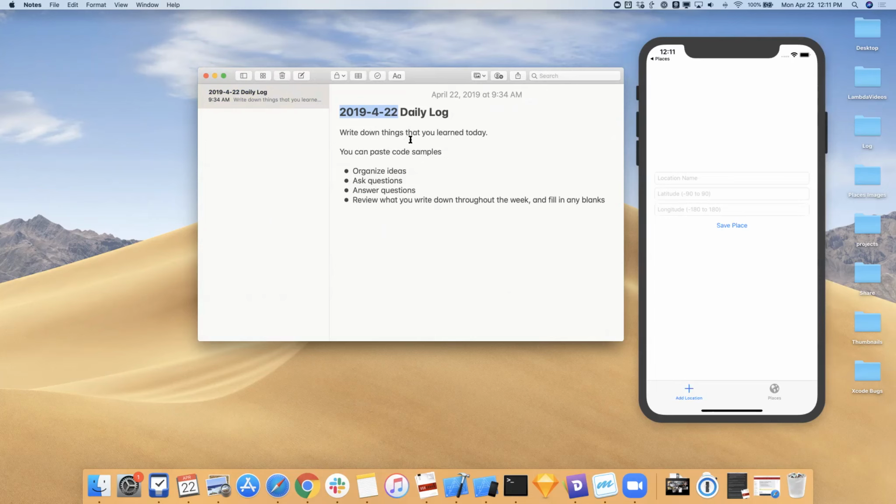And what's really important, and I think that you're going to learn a lot, is if you start to add sections for what you're learning every day. So add an entry for each day. You can paste code samples. You can organize your ideas. You can ask questions. Probably asking questions is one of the most important things that you can do in a daily log,